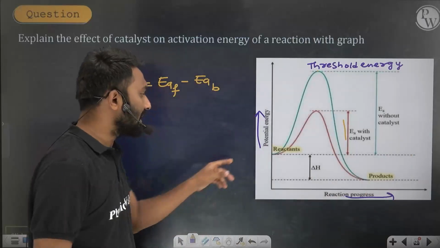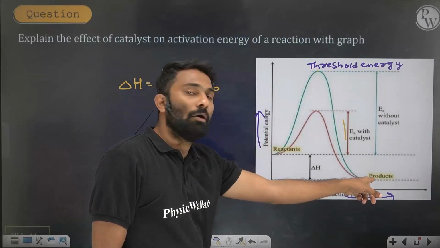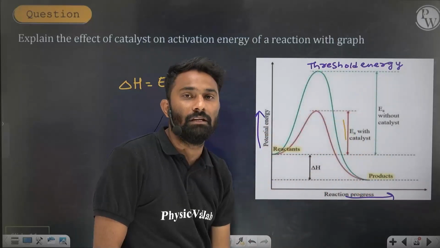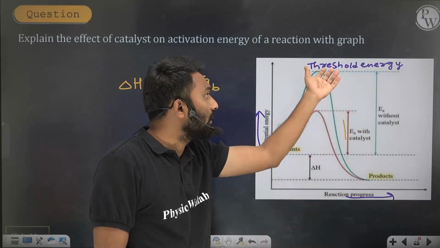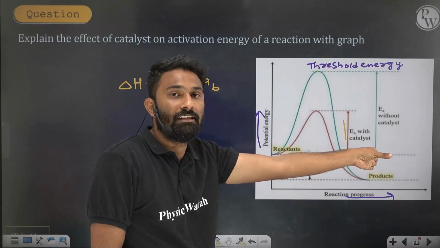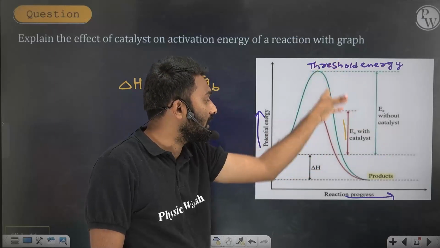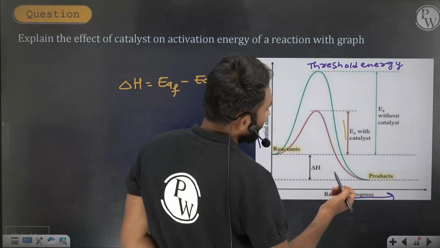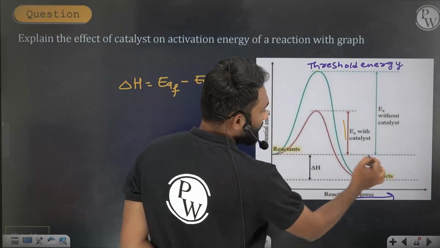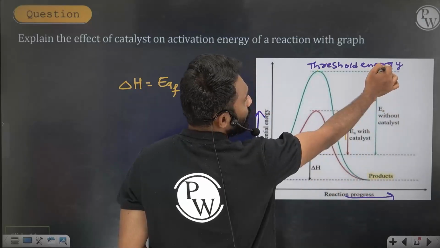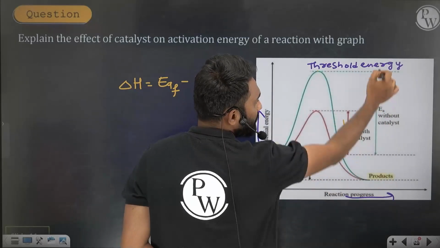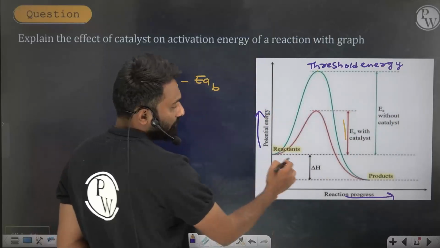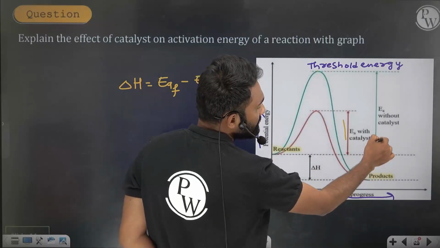Clear? Now, for this reactant to form products, it should cross the threshold energy. When it has crossed this much threshold energy, then it will convert into the products. Clear? Now see here, from the reacting species to this threshold energy, this much energy we call the activation energy. From the reactants, this is the reactants' activation